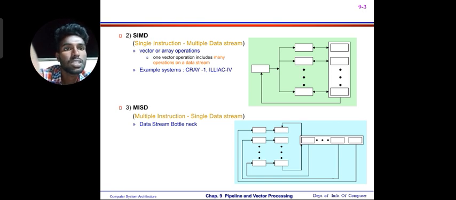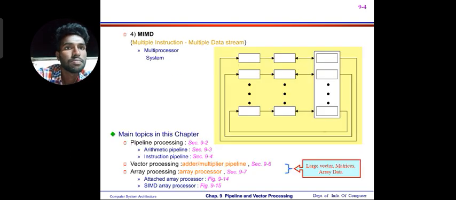MISD means multiple instruction single data stream, which is a bottleneck. Show the diagram. Next is MIMD, multiple instruction multiple data stream, a multiple processor system. Show the diagram. Main topics: pipeline processing, arithmetic pipeline, instruction pipeline, vector processing, and other multiple pipeline,